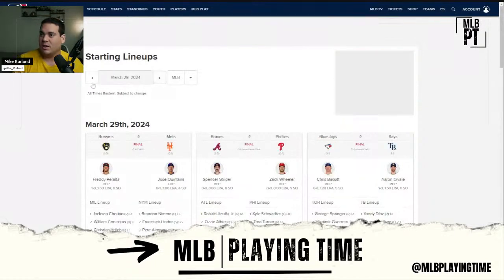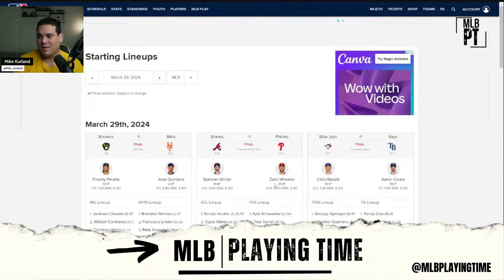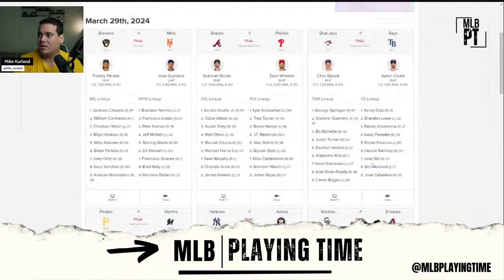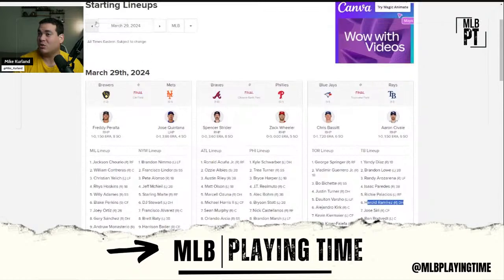I'm trying to think of which way to go about it. Let's do the 29th. That way we can go through the teams that have two lineups. Most of them, obviously, these couple games got rained out, but we saw this in spring training a bit. Harold Ramirez starting day one against a righty, and I think he started both games actually. But he's getting the first crack. I thought Amed Rosario was going to get it. I think I was quick to pivot when I realized, after I said that, they started putting Harold Ramirez in right at the end of spring.